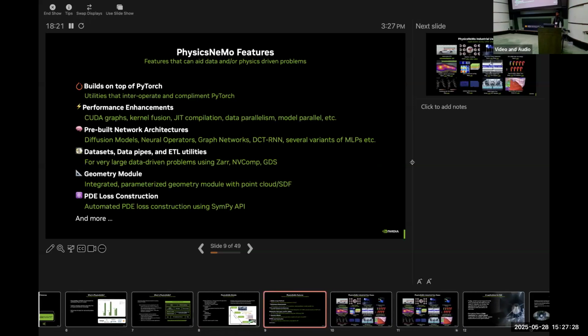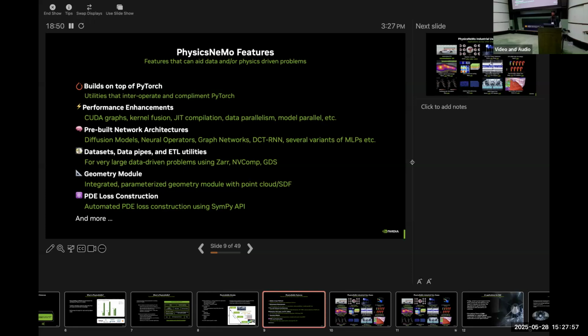In terms of summarizing the features, PhysicsNeMo builds on top of PyTorch. A lot of the utilities from PhysicsNeMo are interoperable with PyTorch and complement PyTorch. It is not replacing the PyTorch framework; the idea is to drop in utilities and tools from PhysicsNeMo into your own PyTorch-based workflows.